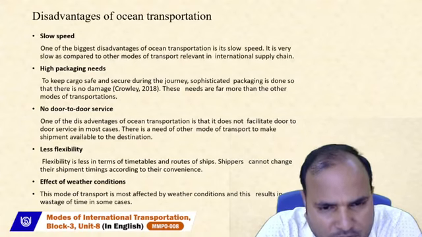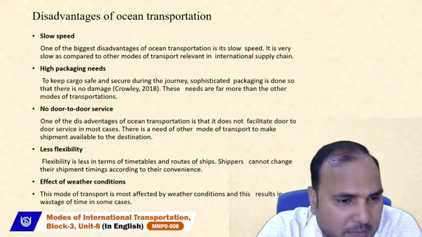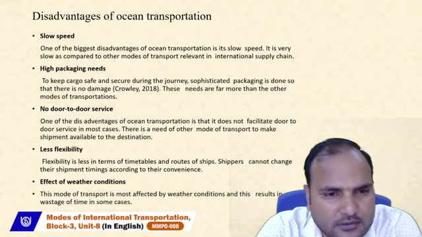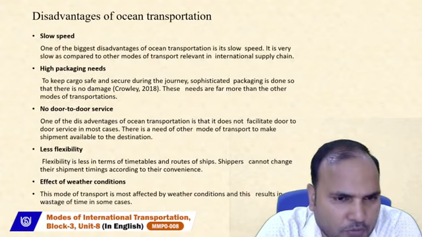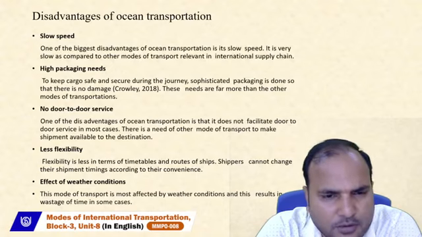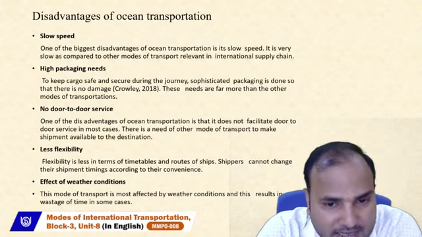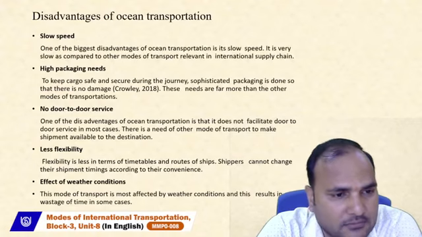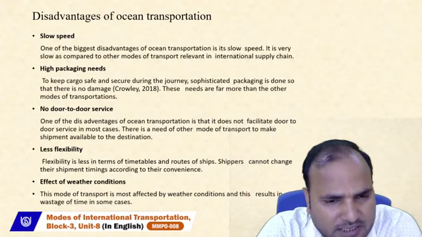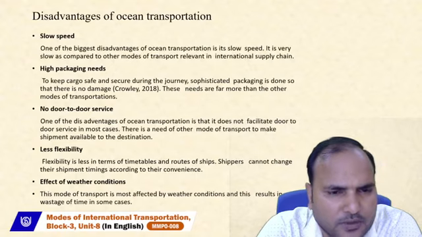There is a need for another mode of transport to make the shipment available at the destination, because from the port till the final destination, another mode of transport is required to reach the ultimate customer or consumer.